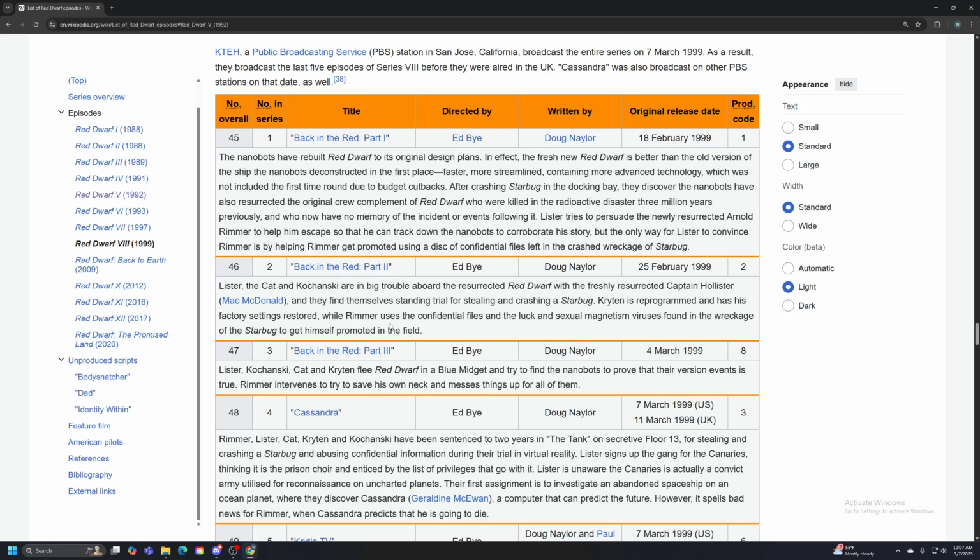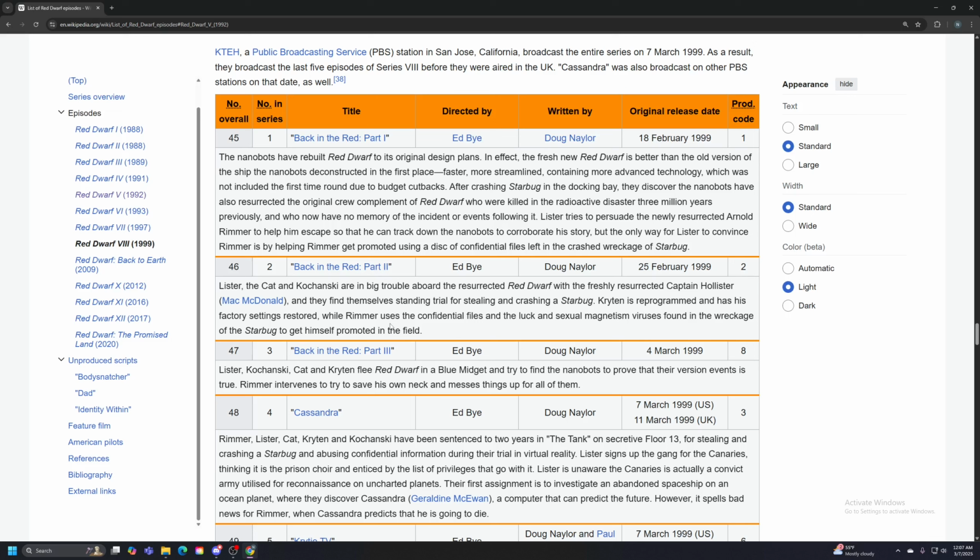Alright, Episode 1 of Series 8. Back in the Red, Part 1. The nanobots have rebuilt Red Dwarf to its original design plans. In effect, the fresh new Red Dwarf is better than the old version of the ship that the nanobots deconstructed in the first place. Faster, more streamlined, containing more advanced technology, which was not included the first time around due to budget cutbacks. After crashing Starbug at the docking bay, they discovered that nanobots have also resurrected the original crew